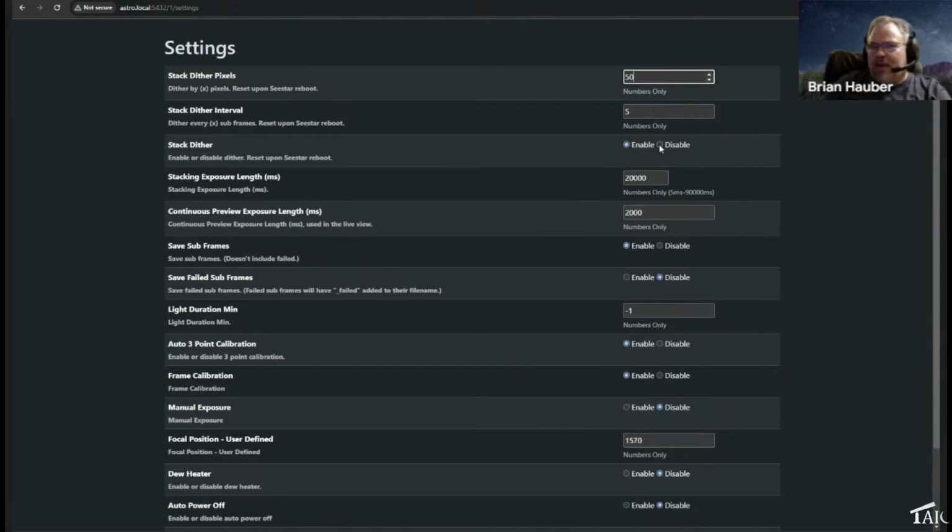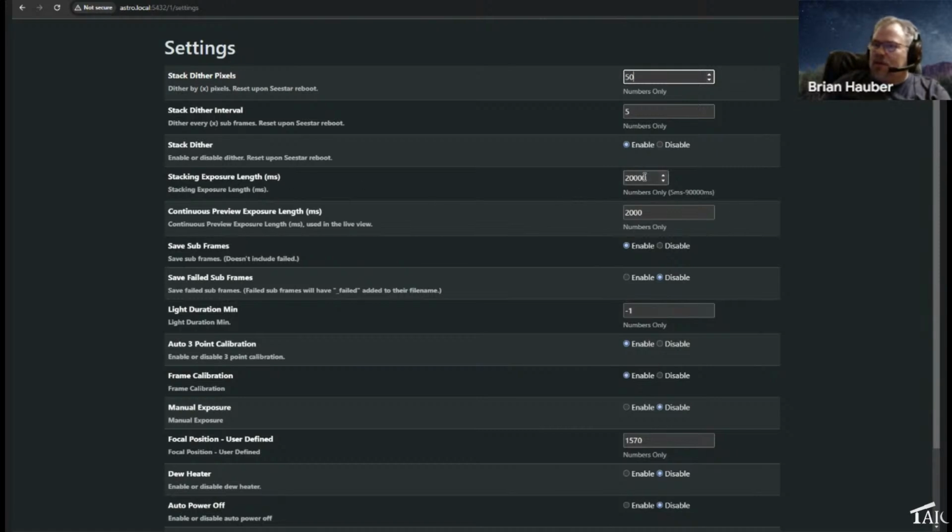And we've kind of played around a little bit with this. The Seestar in and of itself, the tracking is not super accurate. And there is enough movement frame to frame that you can, on some objects, disable dithering completely, and basically just continuously shoot and not worry about losing any time.